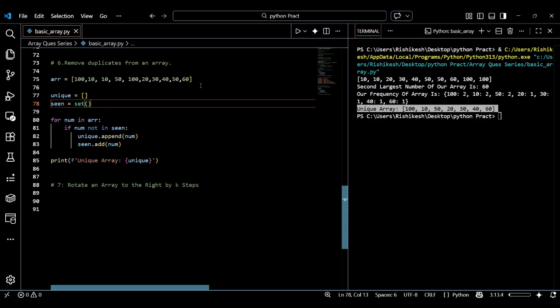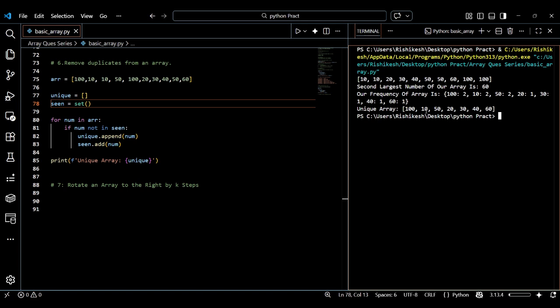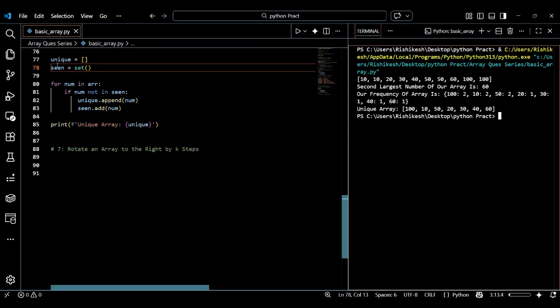The same iterations go on until the last element, and that's why we got this: 10, 100, 10, 50, 20, 30, 40 and 60. So now move to our